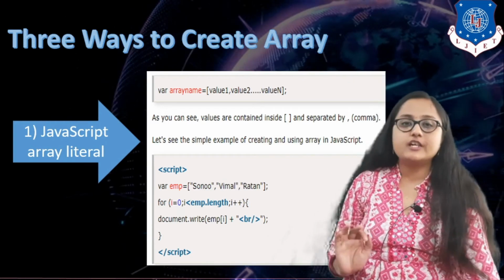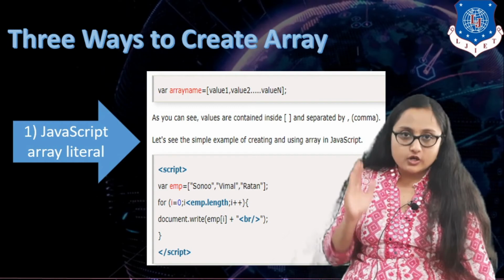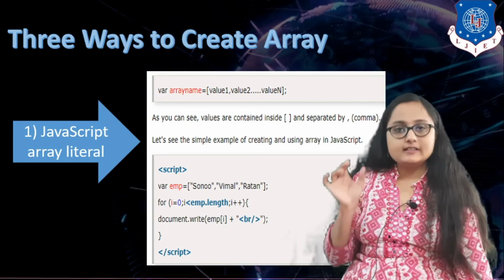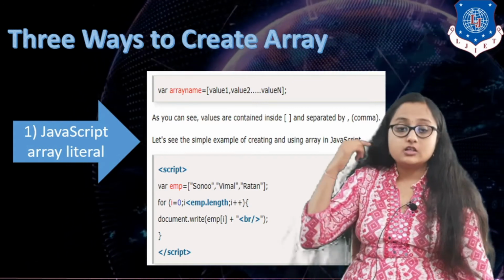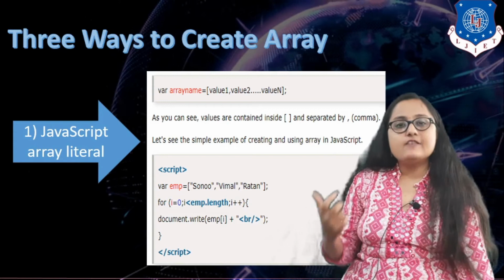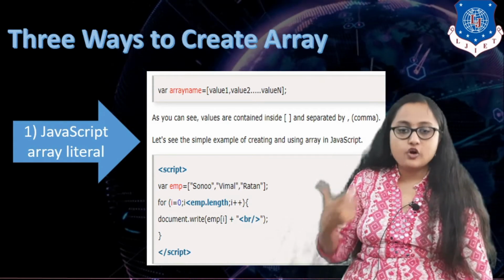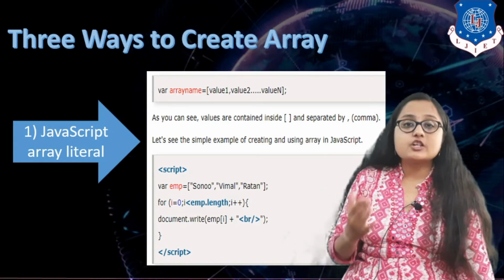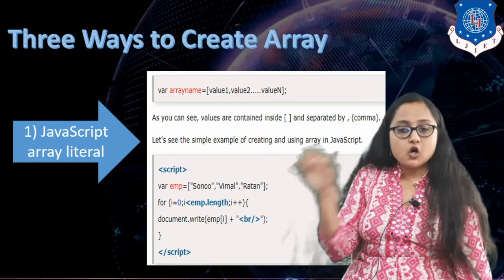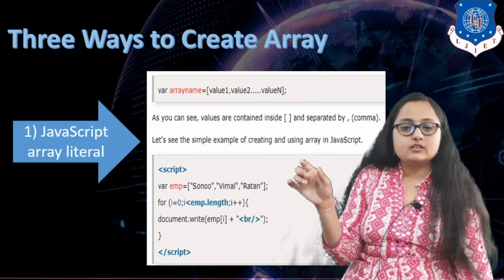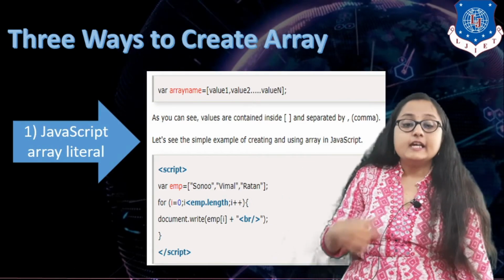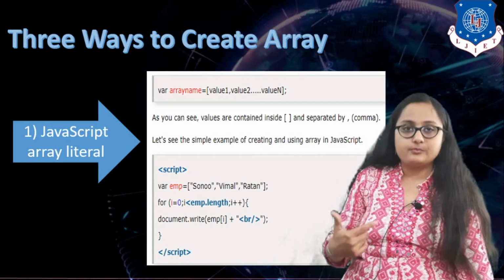Currently it is of data type number, right? So for i is equal to 0, that is my initialization, semicolon, then I am comparing till what I want to iterate this loop. I have a property called length for my array, which computes the length of my array. So for this, you know that I will get the length of the array, and it will iterate till the length of my array.